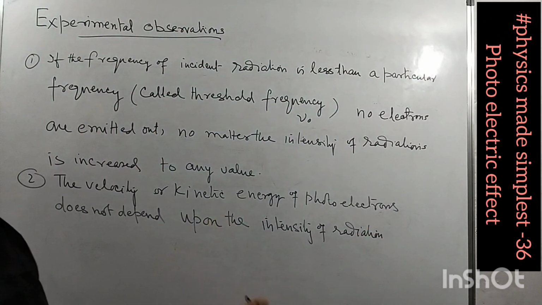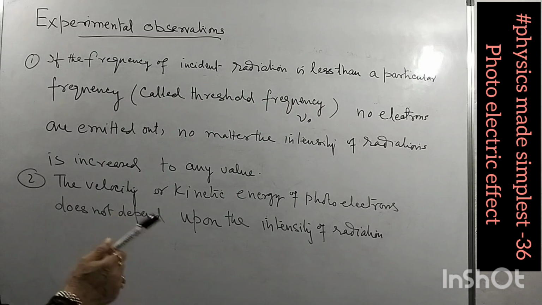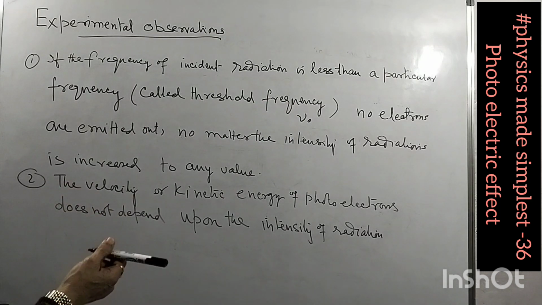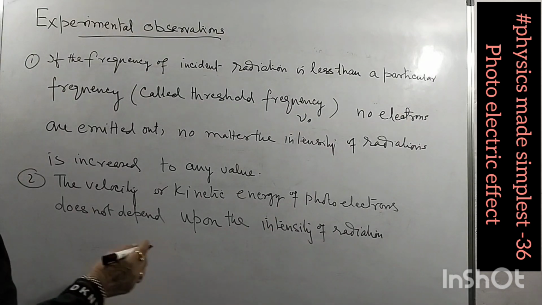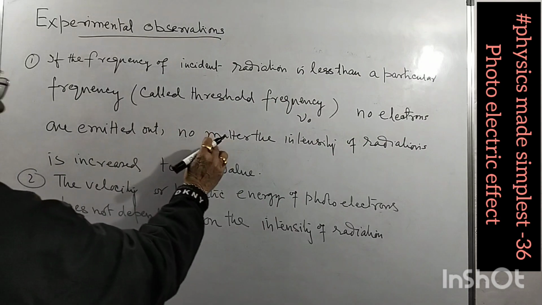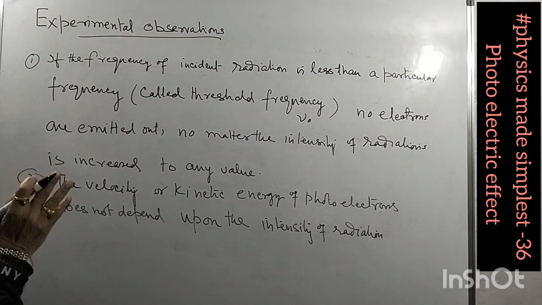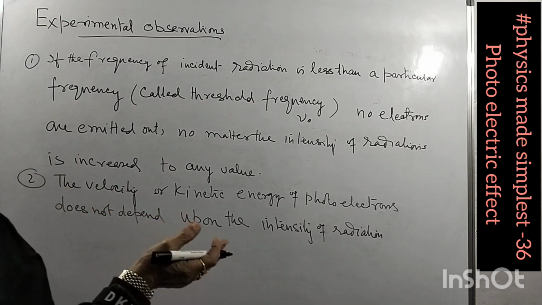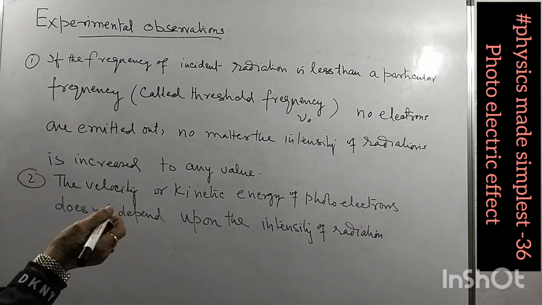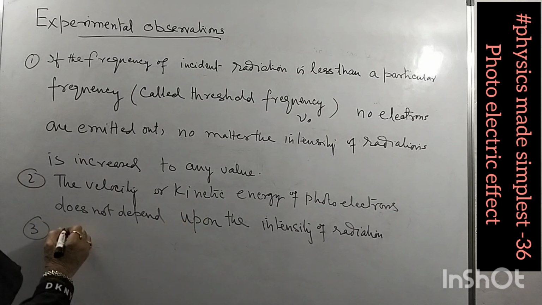So this, as I told you, that it depends upon the frequency and not the intensity. So velocity or kinetic energy of photoelectrons which are emitted is independent of the intensity of radiation. No matter how much intensity of radiation will increase, it doesn't depend. Of course, not depend upon the intensity, but